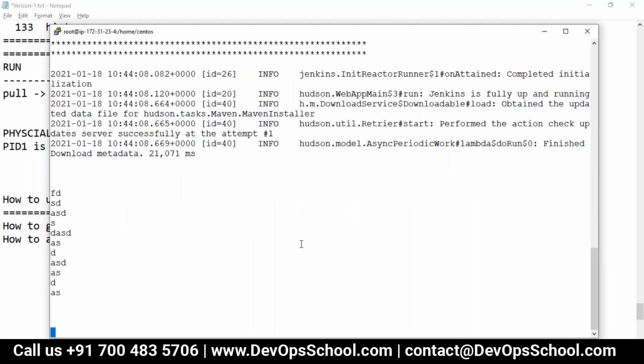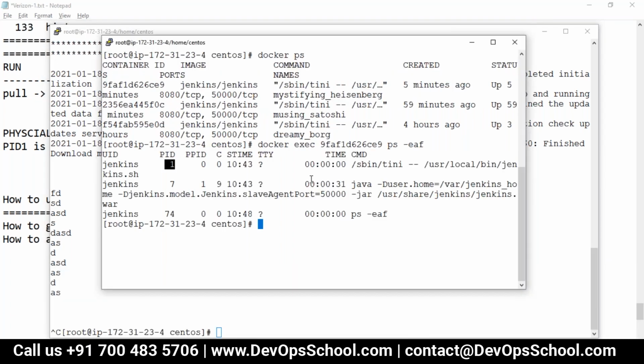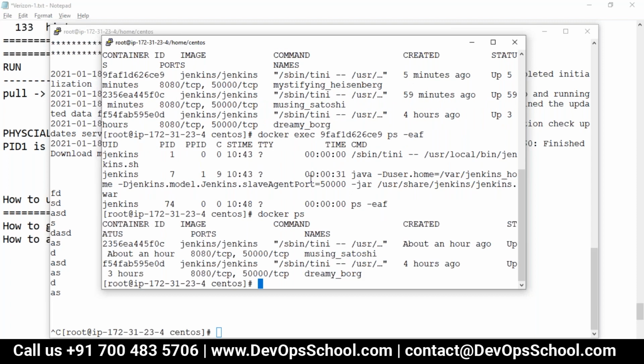How do you kill Bintini? Control X, Control C or something like that. Guys, I killed PID1. So did we lose the container? See here. Gone. The container 9F is gone. Where is that?